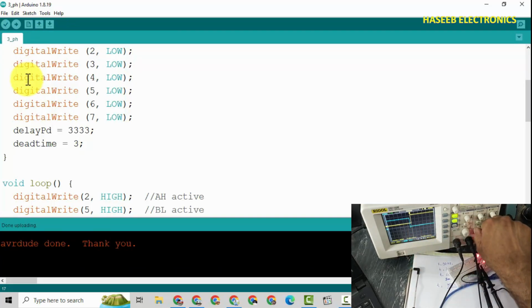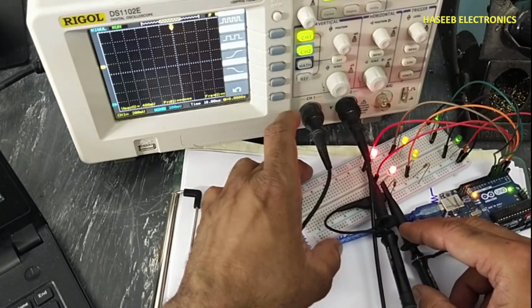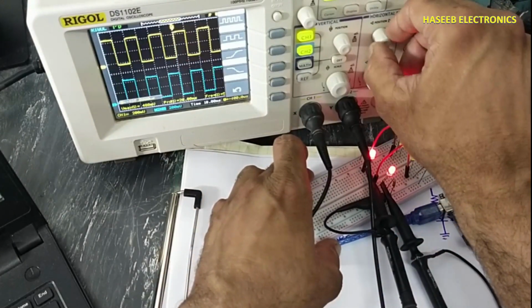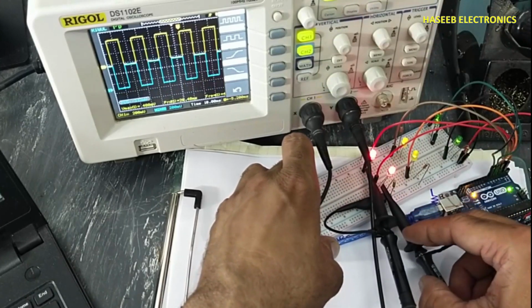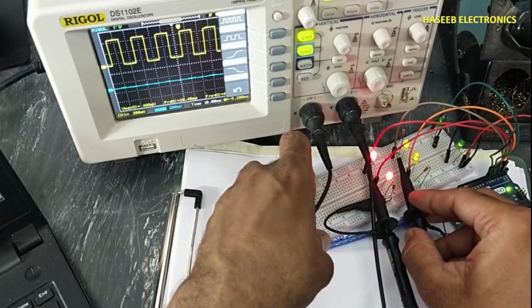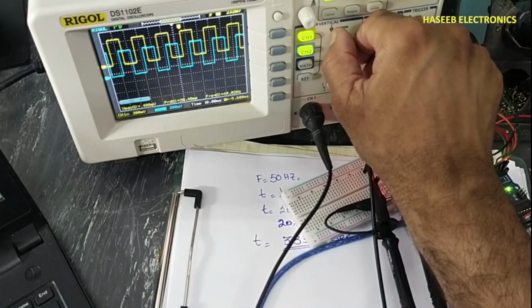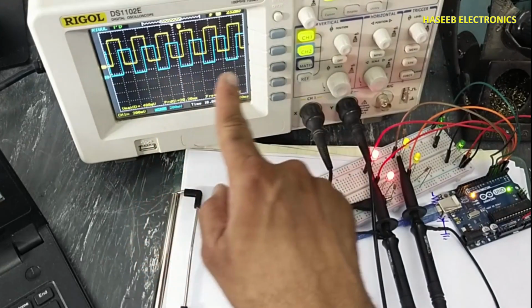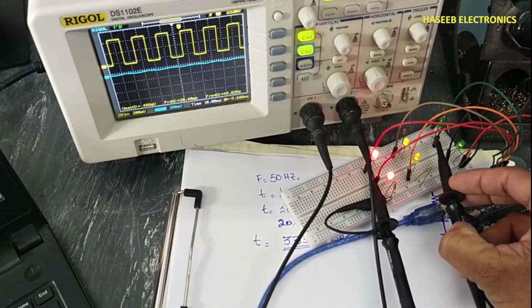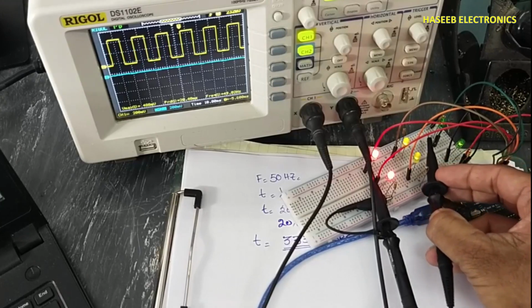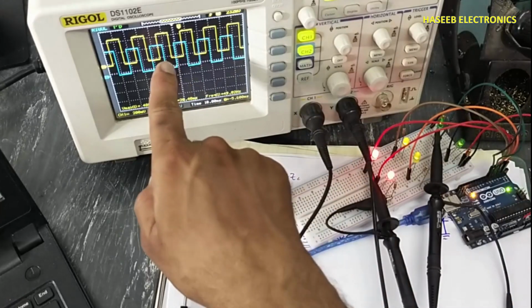Yes, we have this time gap. We have phase difference 120 degree, phase B, and here phase C.